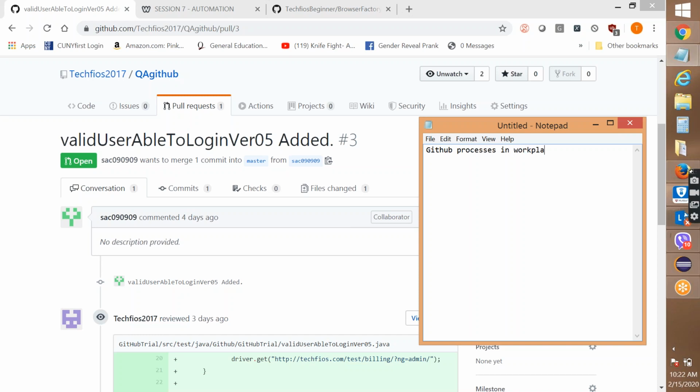First you will clone the repository. When you clone the repository, automatically you'll find the master branch. So when you see the master branch and you decide that you'll write a test case or do some kind of changes, you'll immediately create a new branch